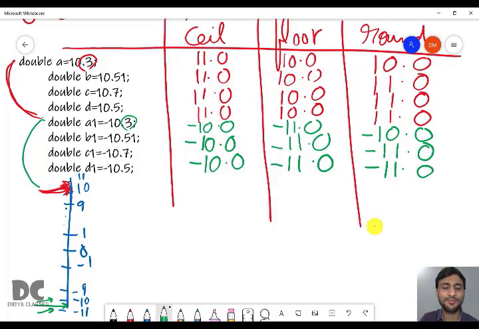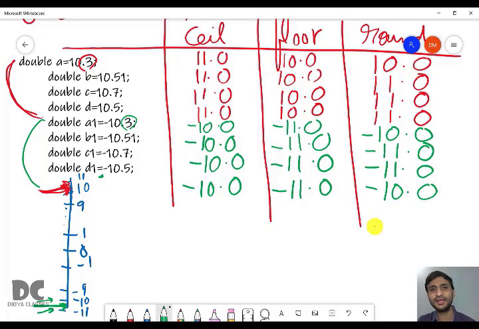Next is minus 10.5. Again it will lie between minus 10 and minus 11. So ceil is minus 10.0 and floor is minus 11.0. 0.5, the rule of negative numbers. Here it is a negative sign, right? The rule for negative is less than or equal to 0.5, we will decrease it. So now we will decrease the value, that is, it is minus 10.0. Clear? So for all the positive and negative values, we have solved different situations. This will be the final answer.